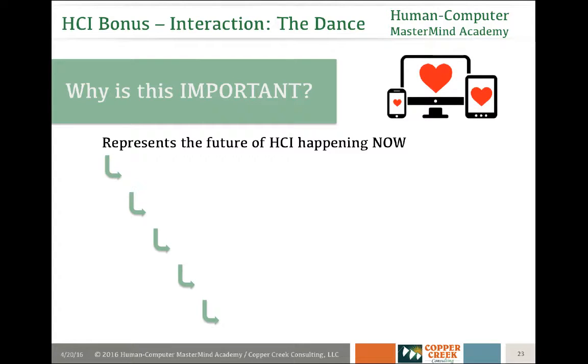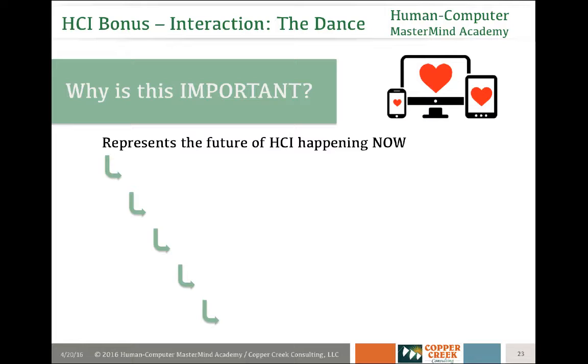So as we've explored in this realm of the dance and emotional design, how it reveals human behavior is really important to your online success because it goes right to the heart of the human behavior that creates your business and operational results. This is the future of human-computer interactions. And if you own a good smartphone, you already are experiencing it now. You really know firsthand what this is about.